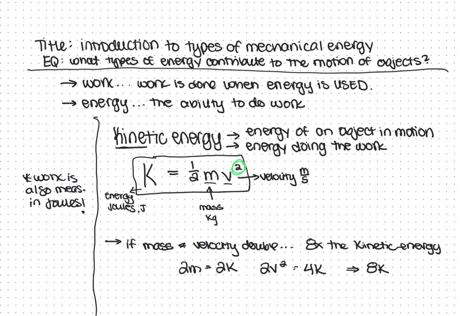So when an object does work, or it's doing work, it's using energy. So the next thing we're going to talk about is potential energy, the energy that it had to begin with so that it could be moving. And there are 2 types that we'll talk about. The first one is sort of the most basic version. So in general, potential energy,